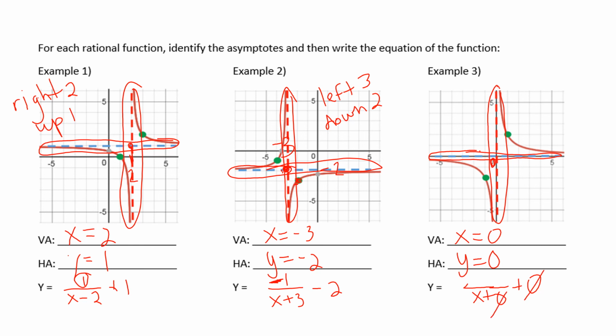So the number I'm really concerned about is the numerator. I want to know how much this function has been stretched out. So remember, the parent function from the center goes over 1, up 1. I want to know, how is this function different? So look at the green point. Instead of going over 1, up 1, it goes over 1, up 2. It's twice as much as the parent function, so I'm going to have a 2 on top. So really, this would just be written as 2 over